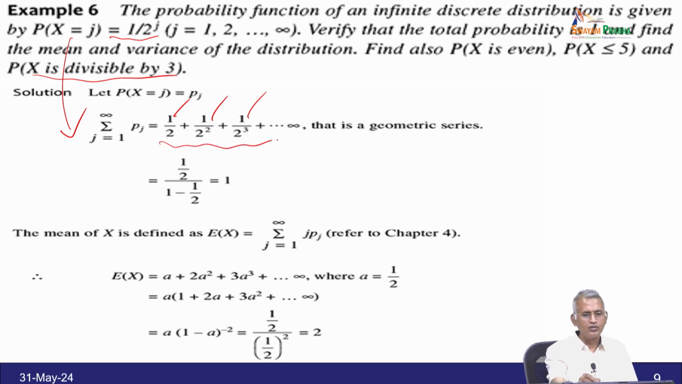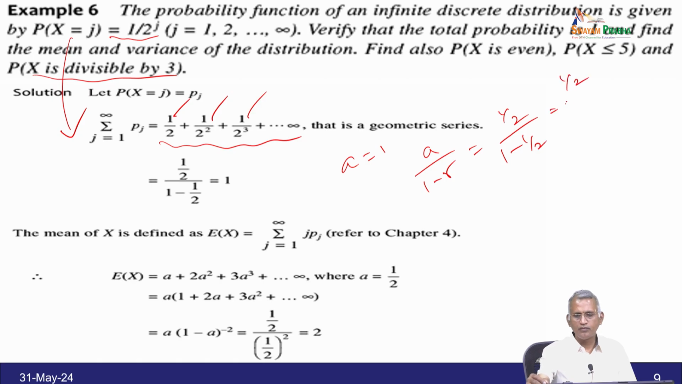Now, you see this expression is a geometric series. Here first term a equal to half and also it is an infinite series. So, the rule is a by 1 minus r. So, it is half by 1 minus 1 by 2, which is equal to half by half, which is equal to 1. So, that is the value of summation of this probability is 1, and if x is defined, E of x is summation j equal to 1